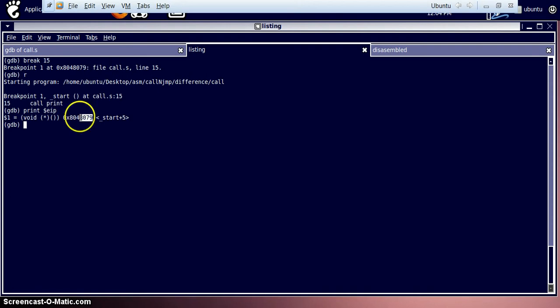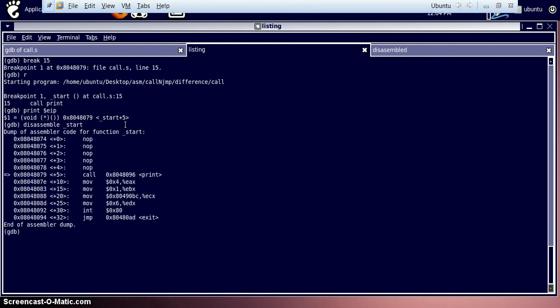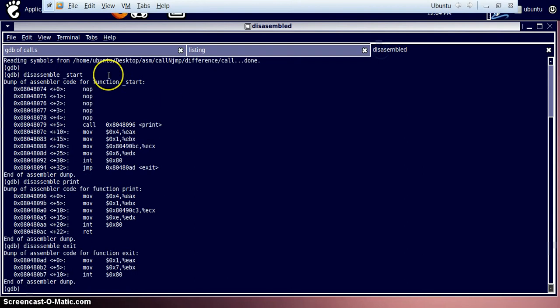The instruction pointer is pointing towards 8079. So what is 8079? Let's disassemble the start section. 8079 is at call print. I've already disassembled the whole program over here. So 8079 is at call, which is calling the print label.